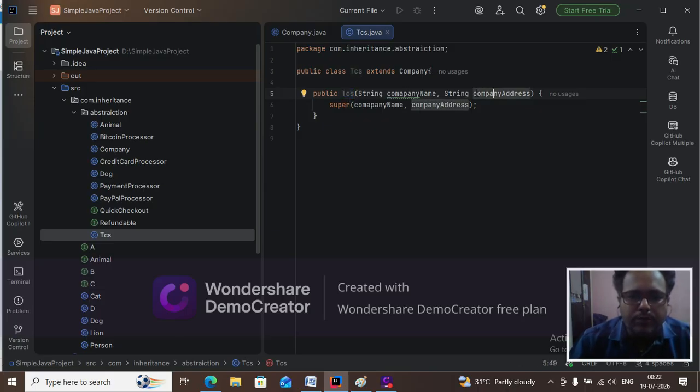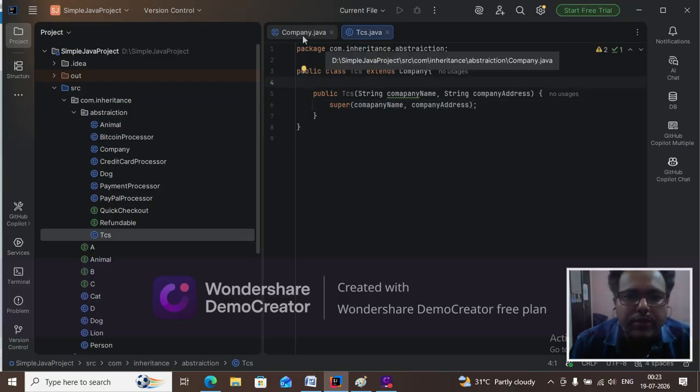Okay, so this child class parametric constructor has to call the parent class constructor. So parent class constructor अभी मैं parametric constructor को कॉल कर रहा हूँ, ठीक है।